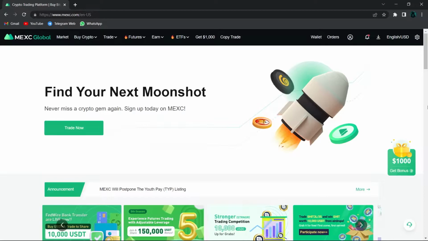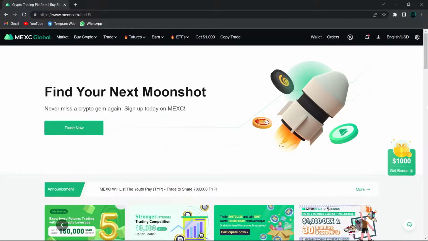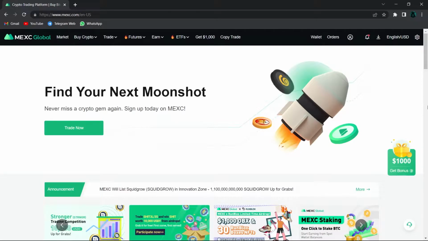But in order to use all of its features, first we need an account. And if you don't have a Mexc account, you can create your account with the link in the description box below,